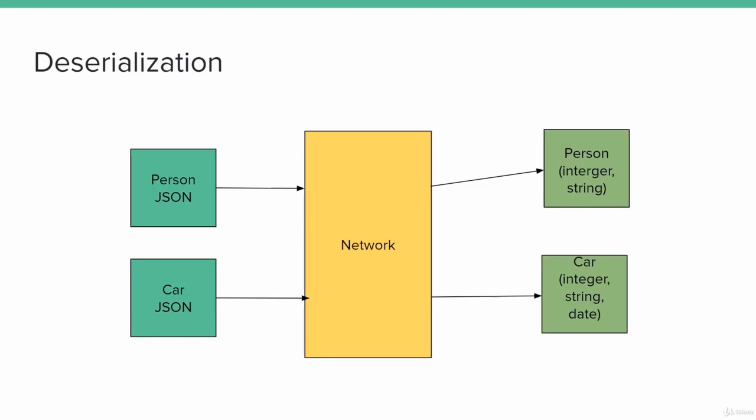Now, deserialization happens the other way around. You take the JSON resulting from the previous operation, and you create another object in the computer memory or in the robot memory. For instance, you have the person and the car. Let's take it as JSON. Basically, you receive this one from the network and you want to create the person in the computer memory. You can create it as an object, you can create it as a dictionary. Really doesn't matter, as long as you have a JSON and you create something from it and read it,